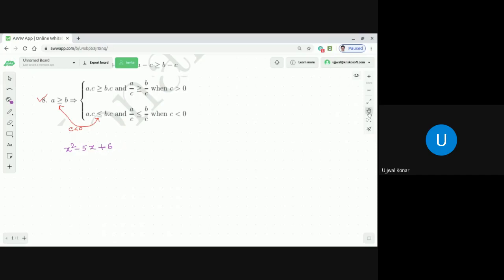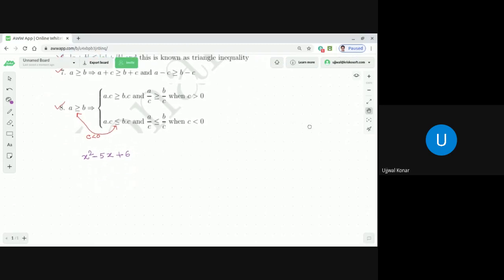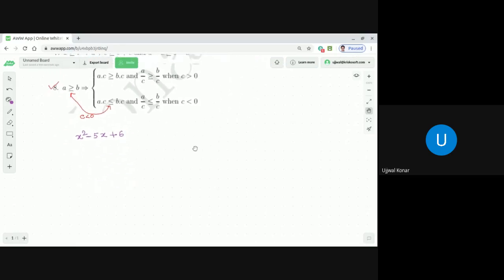Okay, suppose, let me first take it as less than equal to 0. We'll solve both. One we will solve like this, less than equal to 0, and another one we will also solve, greater than equal to 0. Let me do it, and you just observe it and stop me at any point if you get